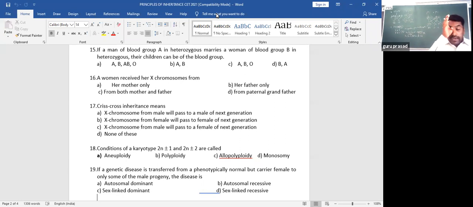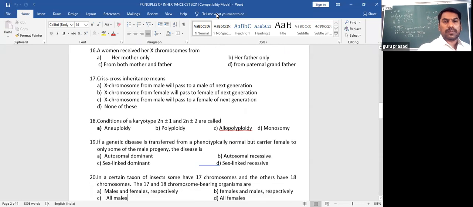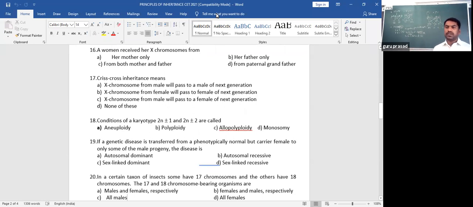When both the parents are heterozygous, especially for A and B blood group, the possible blood groups in children are all four types: A, B, AB, and O. For only AB, the parents must be pure homozygous A and homozygous B. That is the condition. You just do some work for this also. You'll get the answer, because this topic was taught in both first PUC and second PUC, so you might be very clear with that.